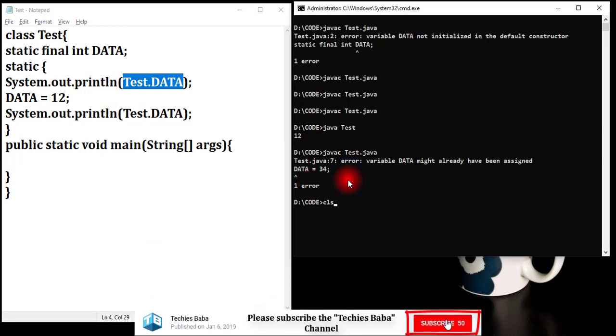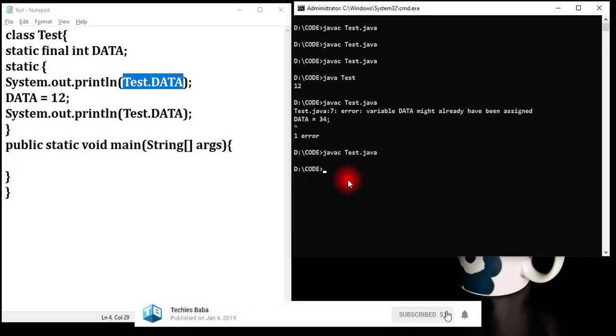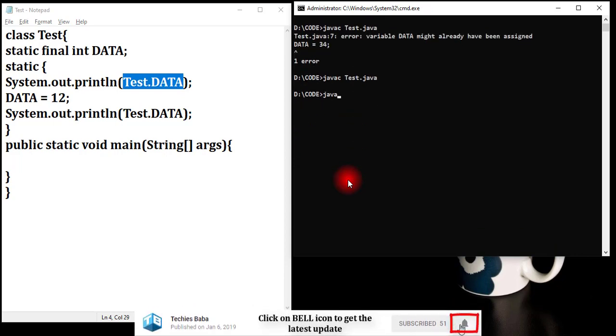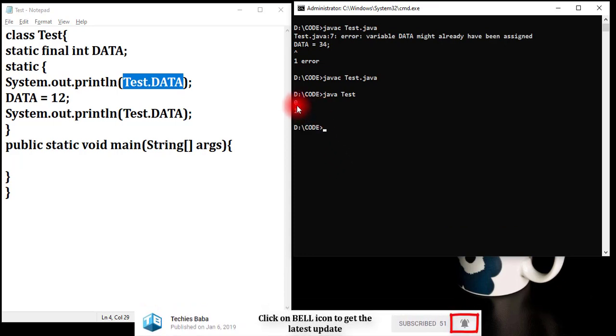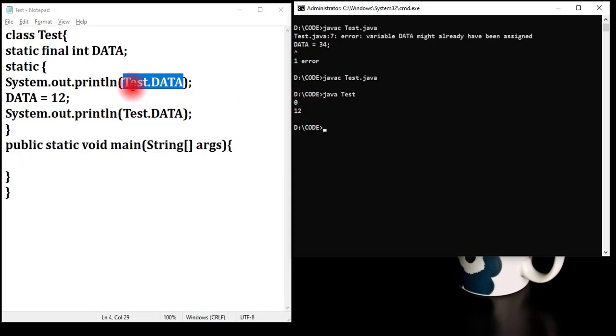Just verify this. It is not giving any error, and when I'm executing, it is showing the value 0 for the first place. Test.data for the first occurrence is showing 0, and then Test.data second occurrence is showing 12. So whenever it is allocating the memory, it has the value 0.